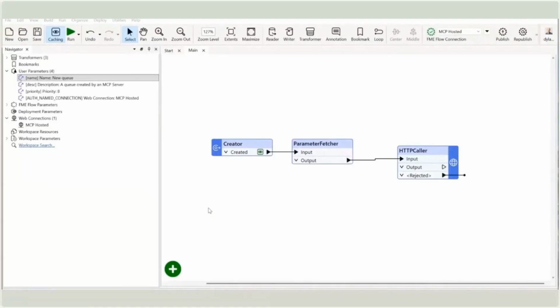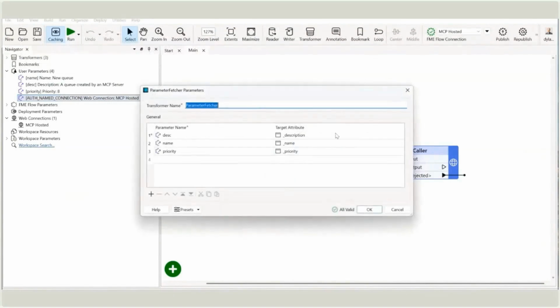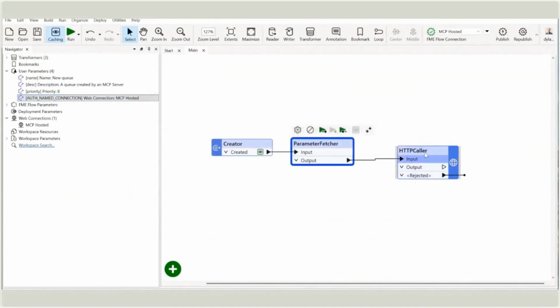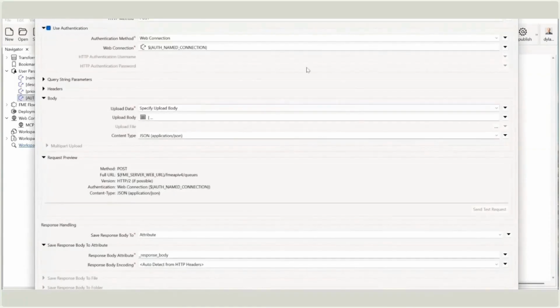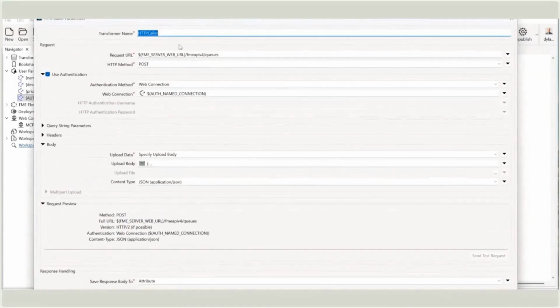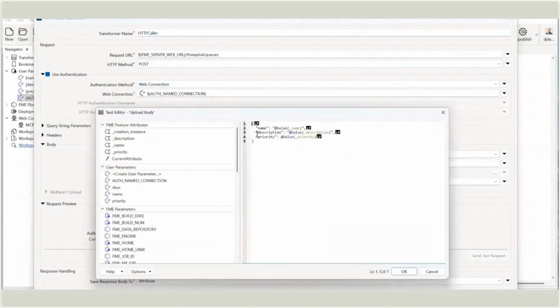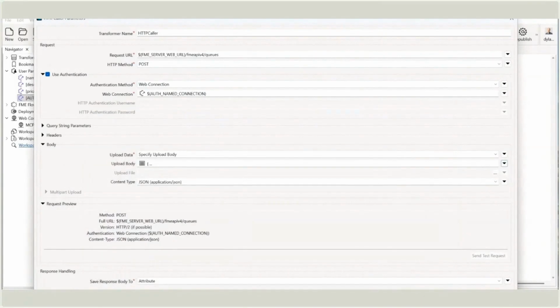So I'm in a simple workspace that creates a new queue on FME Flow using the REST v4 API. The user parameter values on the left will be the values the AI populates into my workspace. In this workspace, I'm using a parameter fetcher, although I could also just directly use the user values as well. It's really up to you. So I'm using an HTTP caller. You can see I am using the queue's endpoint. It's a POST request. I have my credentials in here, and I'm simply populating those parameters into the request